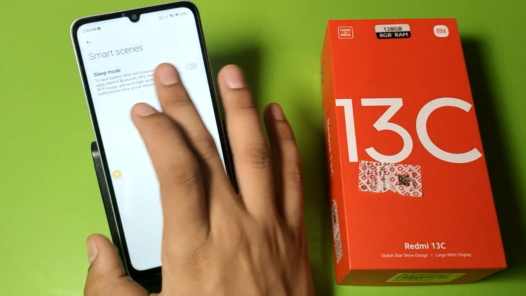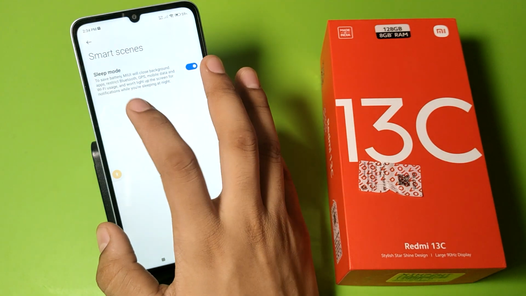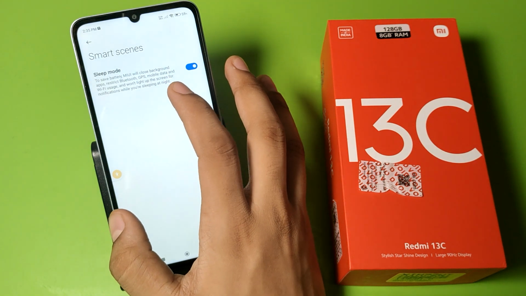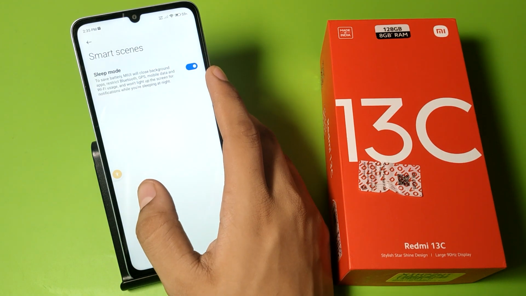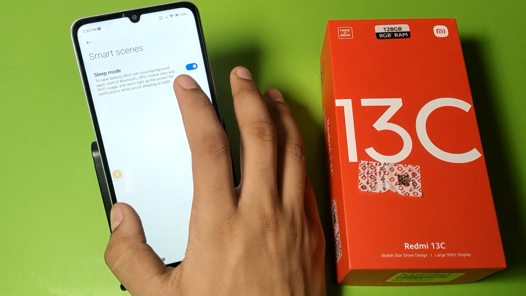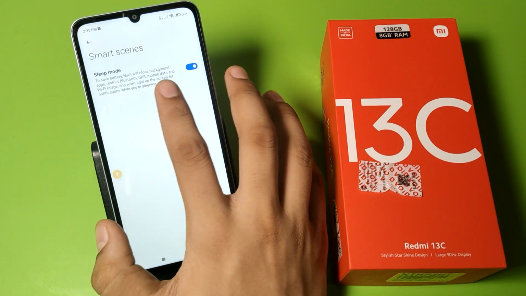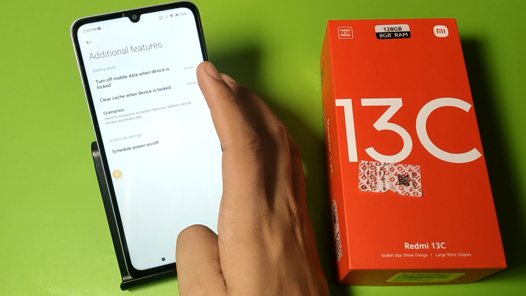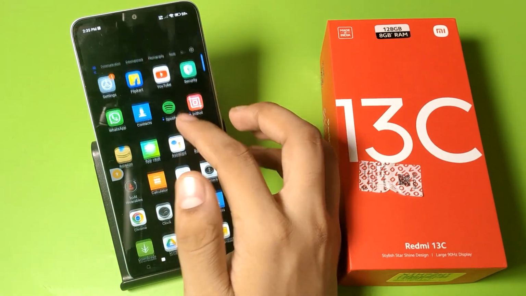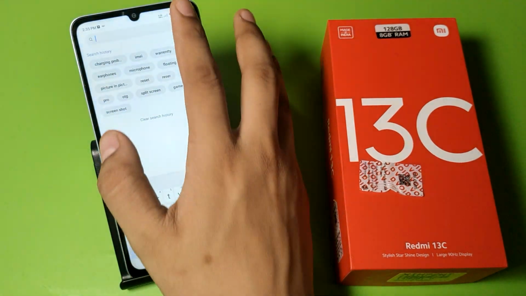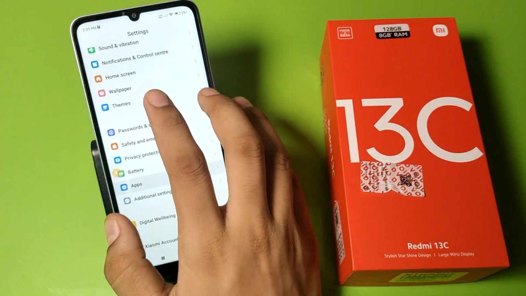You have to enable this sleep mode while you are watching your phone or while you are sleeping. To save battery, MIUI will close background apps, restrict Bluetooth, GPS, mobile data and Wi-Fi usage, and will not light up the screen for notifications while you are sleeping at night. You can enable it at night, it will not affect your battery and it will fix your overheating problem also. Then the second step is to go to the settings of your phone, swipe down, here it is Apps, click on